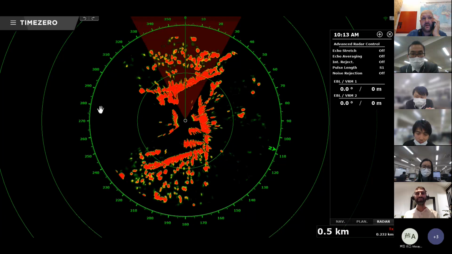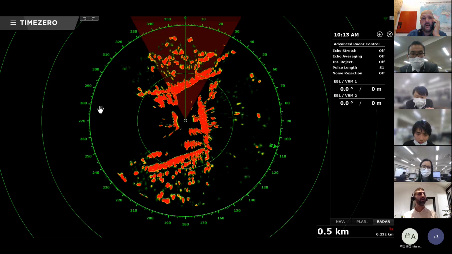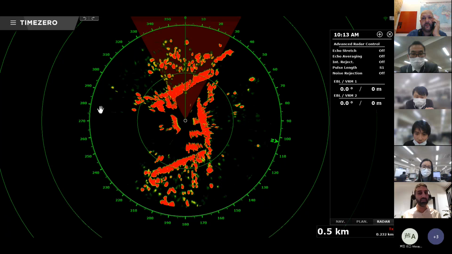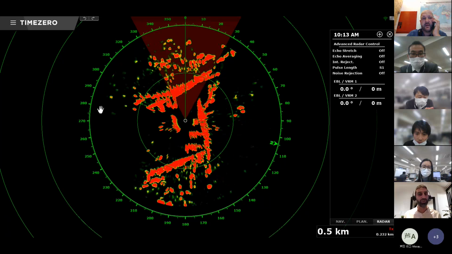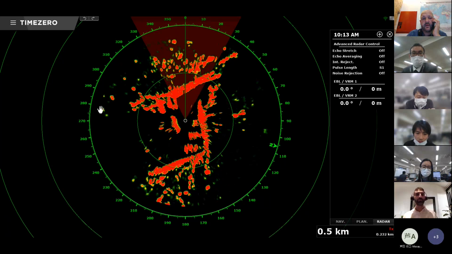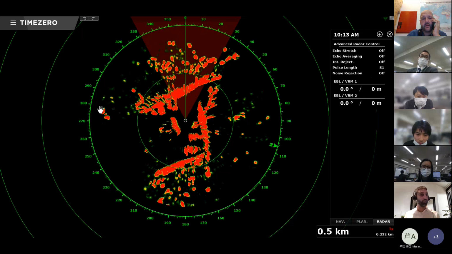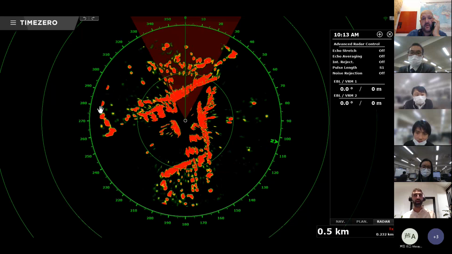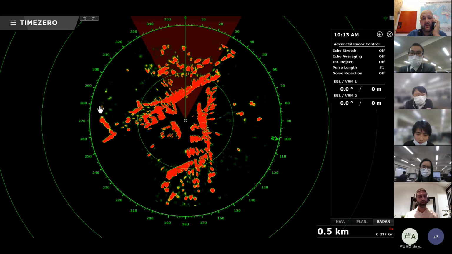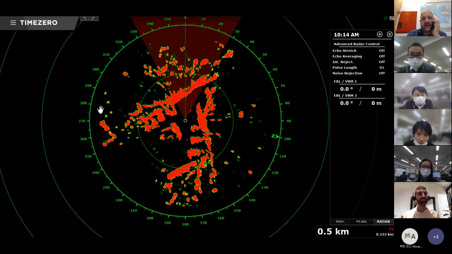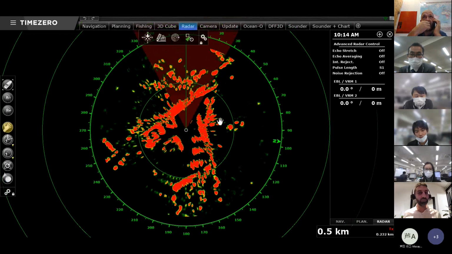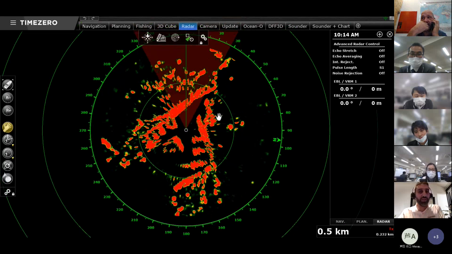Okay, so Furuno Ethernet radar, so the far range and the DRS range. And this is unique in the market. Nobody else has this type of partnership between a software company and a radar company. Nobody else offers this type of integration. So we should not forget that we are a strong company because we work together and we have these advanced compatibilities with Furuno hardware. And we always push for that when we do Time Zero presentations.